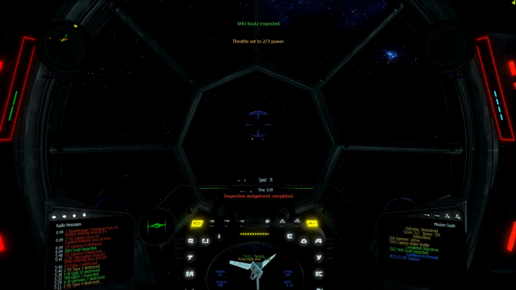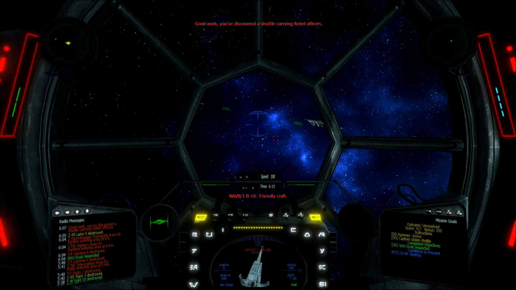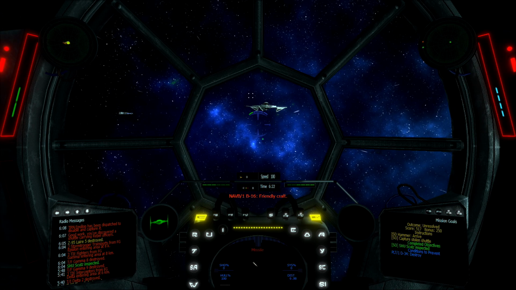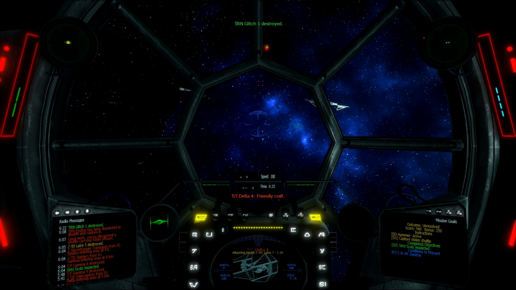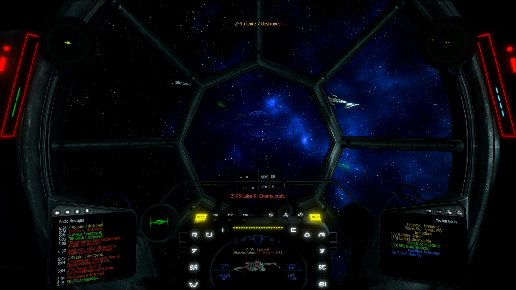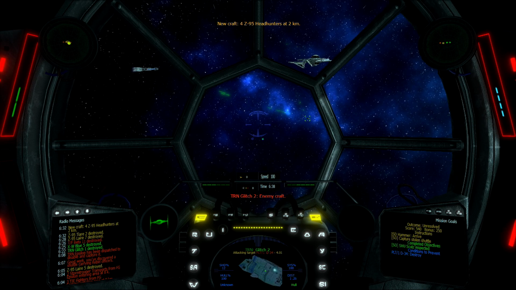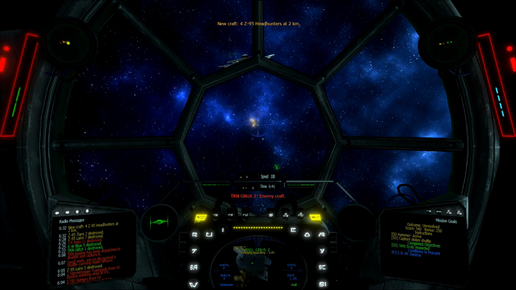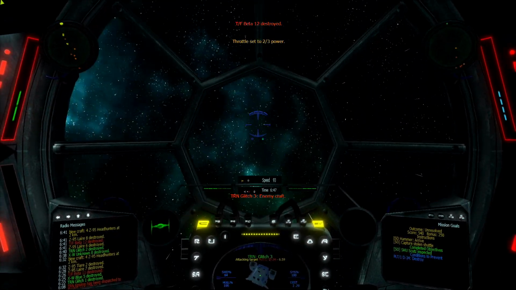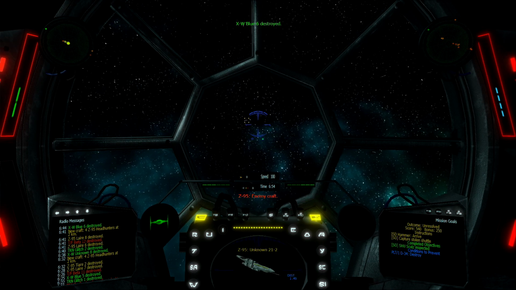There, that should help with the disabling of it. There. Good work. You discovered a shuttle carrying rebel officers. Transport everyone back to disable and capture it. Let's find some Y-wings to kill. None exist. Interesting. Alright, well, I don't want to attack that. Or maybe I do. Hold on. Why are you yellow instead of...